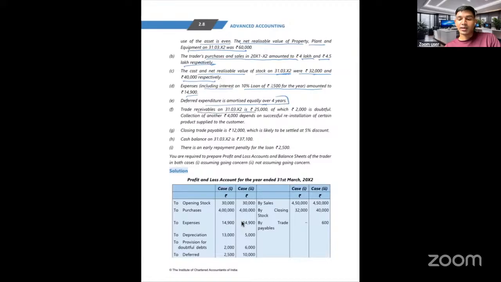Trade receivable as on 31st March 2022 is 25,000, of which 2,000 is doubtful, and collection of another 4,000 depends on the successful reinstallation of a certain product supplied to the customer. Closing trade payable is rupees 12,000, which is likely to be settled at a 5% discount. Cash balance as on 31st March 2022 is 37,100, and there is an early repayment penalty for the loan